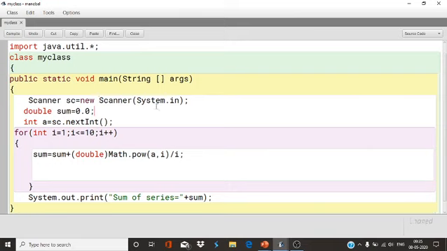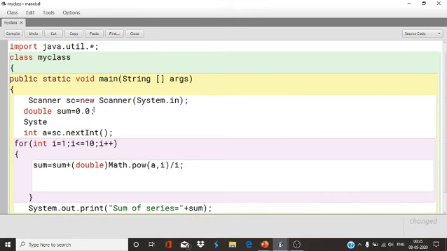So this is all about the util package. Now here you can also type a message like System.out.println, enter value of a, and a equals sc.nextInt.